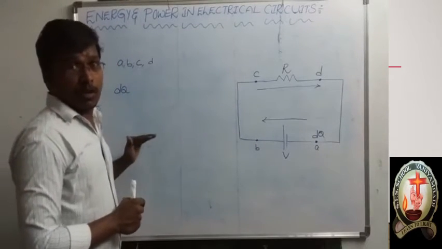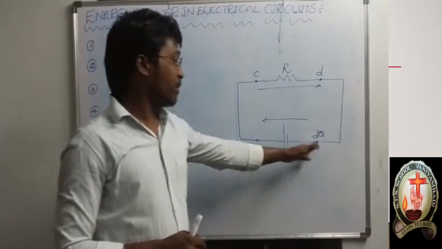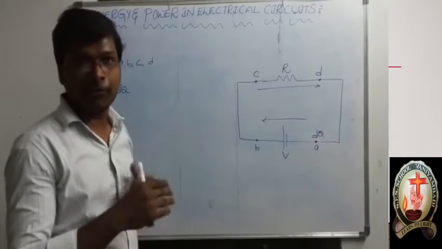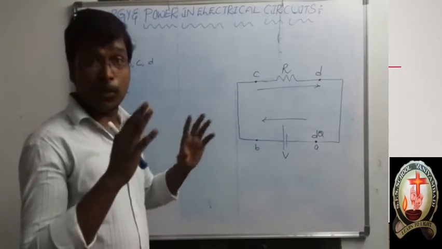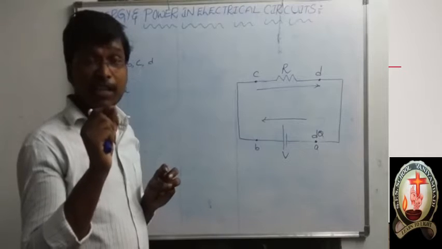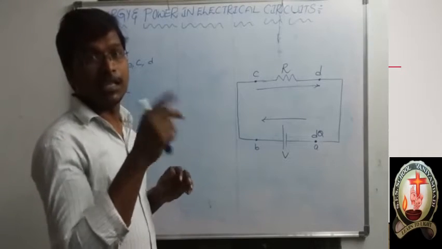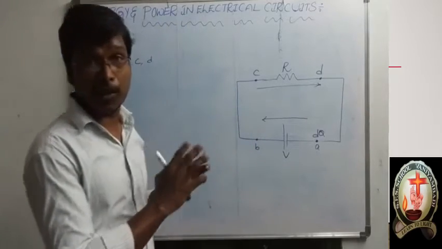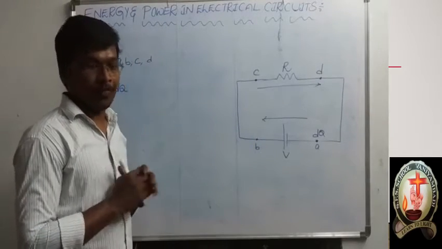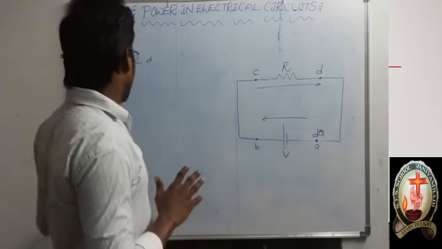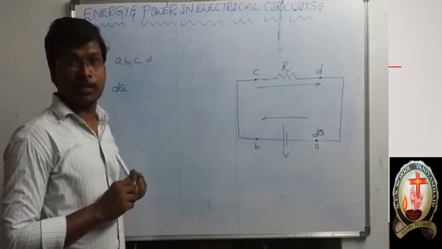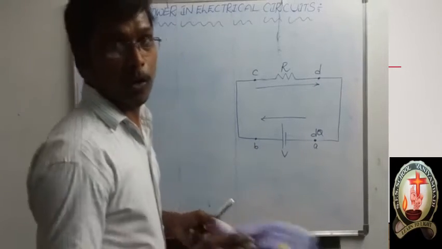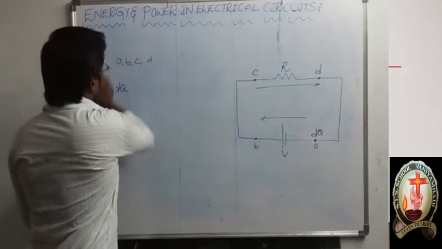So this charge is moving from A to B and C to D, and again reaching the point A. That is the fourth point. And fifth point, that charge dq has some amount of potential energy initially. Initially means at the starting itself. Now, these are the 5 points. You should remember these 5 points. This concept is finished. So now we should enter into our topic.